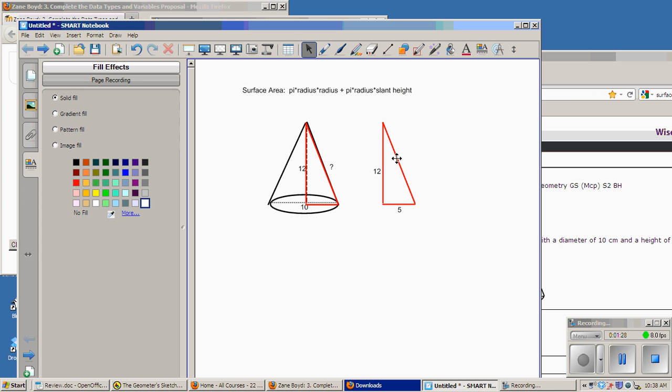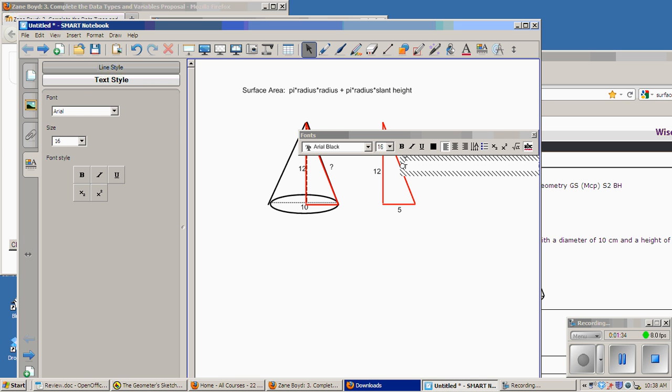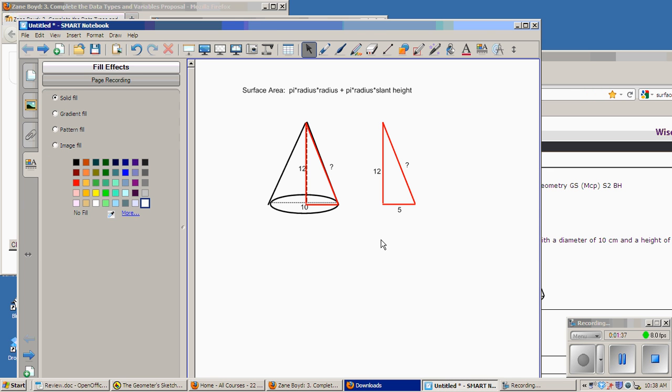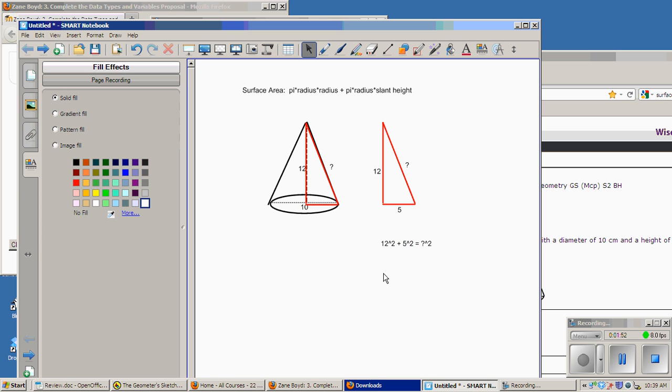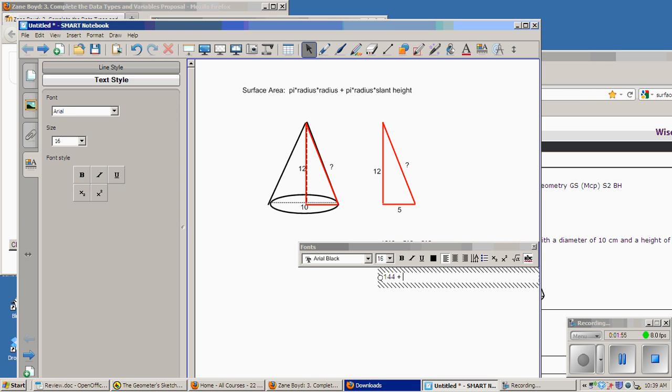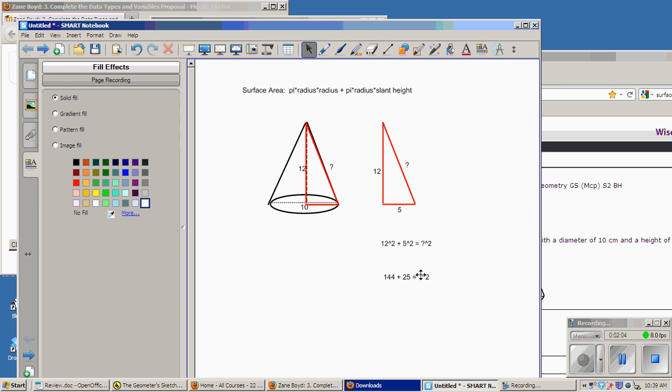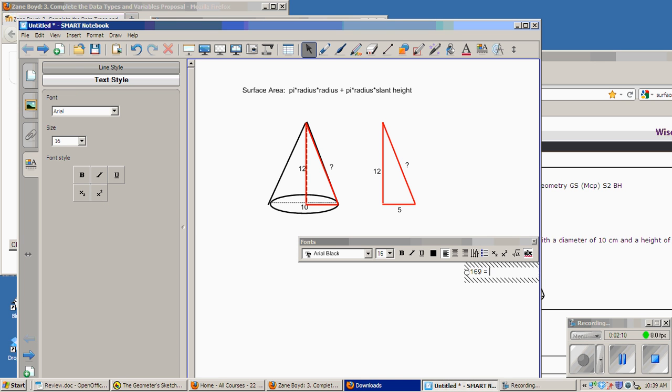So now if I want to find this hypotenuse side, the side that I don't know, so I'm just going to use question mark. I would take 12 squared, or 12 times 12, plus 5 squared, and that's going to equal whatever that number is squared, because that's the formula that I learned a long time ago about right triangles. So first what I would do is 12 times 12 is 144, 5 times 5 is 25, and I know that equals the hypotenuse squared. So when I add 144 plus 25, I get 169,